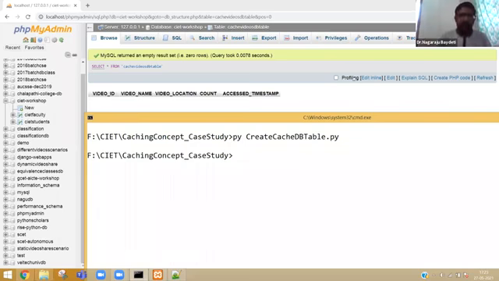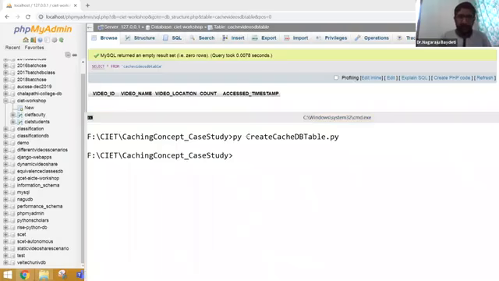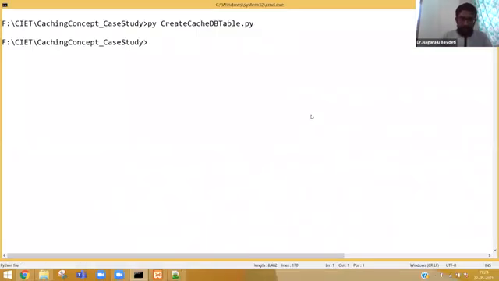Okay. So if you have any doubts, let me execute that piece of code again. See, it has created with 0 rows. Initially, that's why it returned an empty result set. You need to remember that. Initially, the cache table will not have anything. Only when we execute the simulate cache program, then it should fill. So let me execute the simulate caching again.